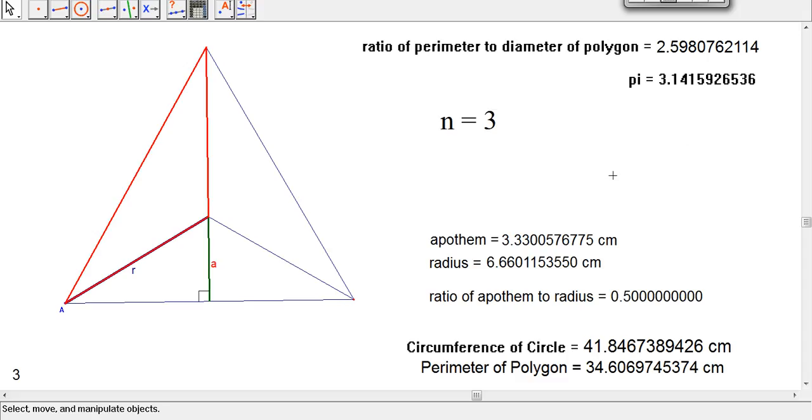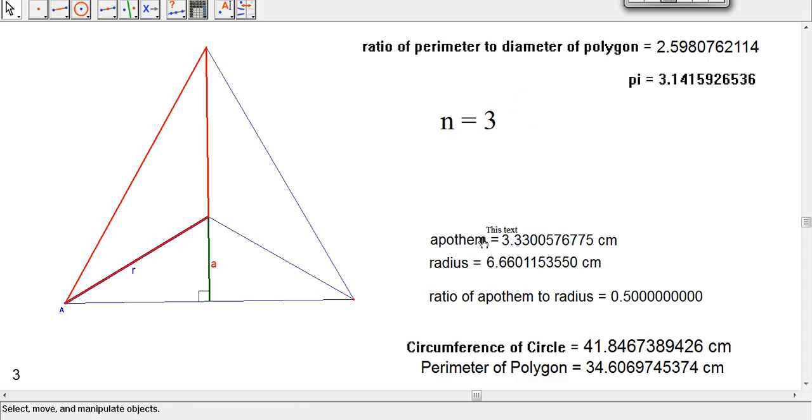So you can see I've got a lot of measurements here that are on display. The number of sides, 3. We're going to change that. The apothem, and I've got a lot of digits displayed, and you'll see why. But here it is. It's the green segment. The radius, as I just mentioned, right here, this heavy red segment. I've got the circumference of the circle. I hid that, but that'll come into play a little bit later. And the perimeter of the polygon. So the perimeter is just this number n,